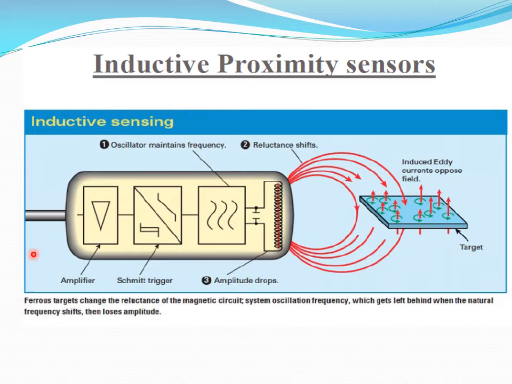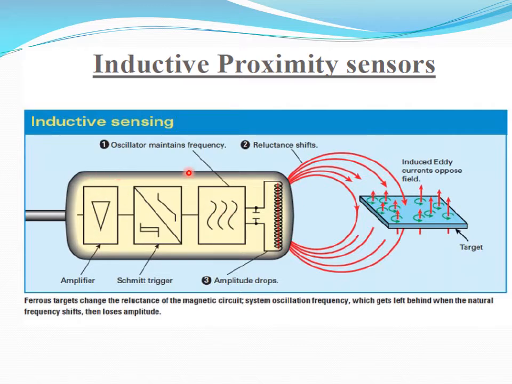Continuing the explanation from the previous slide, the working principle is shown by a schematic diagram. You have a target to be detected. It should be a conductor type material, and the coil creates a magnetic field. Because the magnetic field interferes with the target, an eddy current is created, and a feedback is obtained.